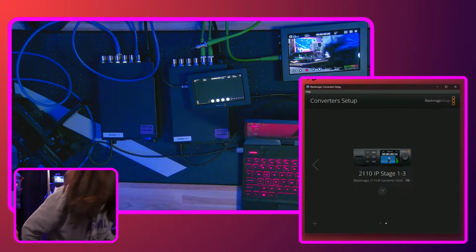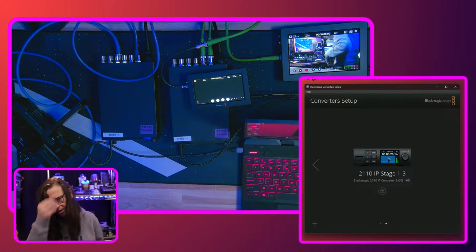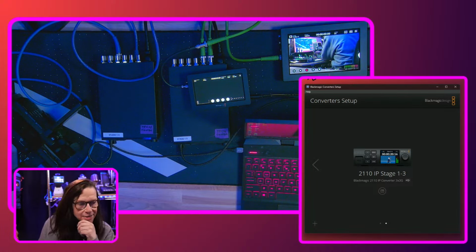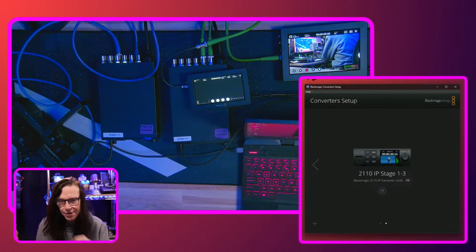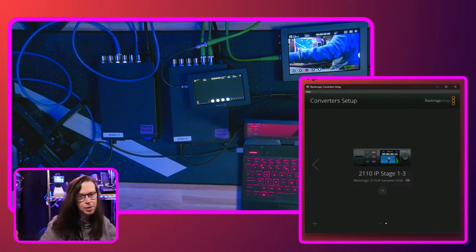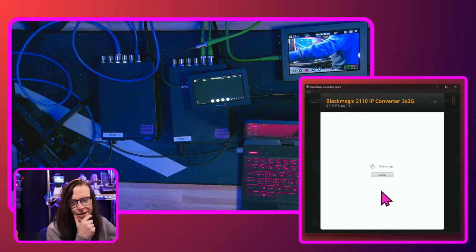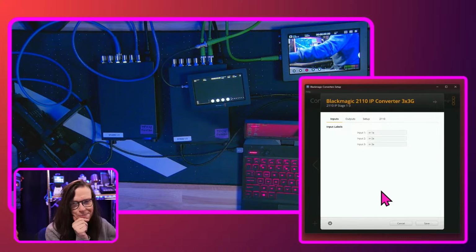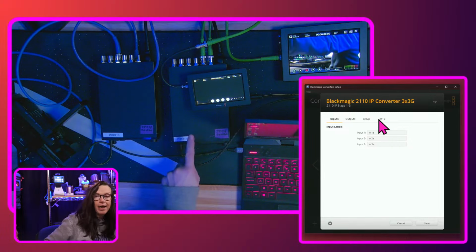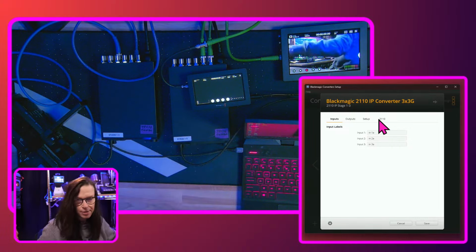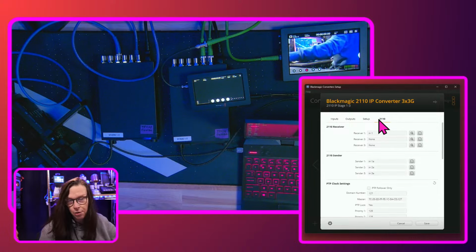There you go. All right. Okay, so let's start with this part right here. So let's go into the stage again, and let's see why this is not working. Well, I know why it's not working, but let's go to 2110. So I am on this box right here now, this one, and let's go to 2110, and it